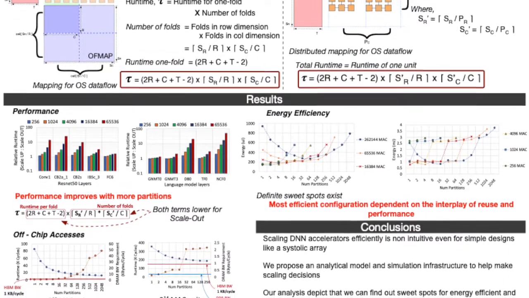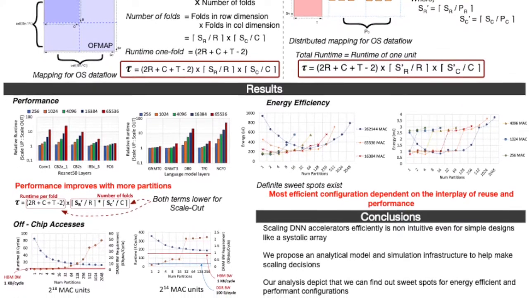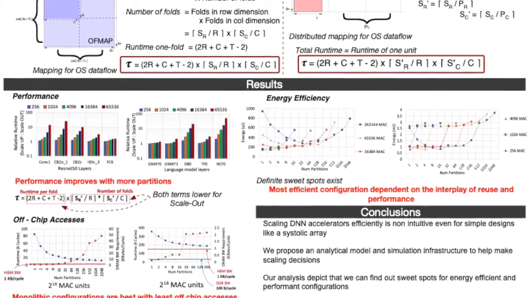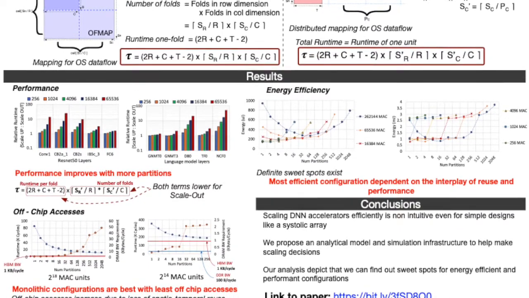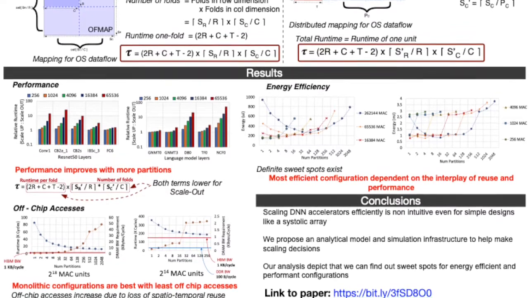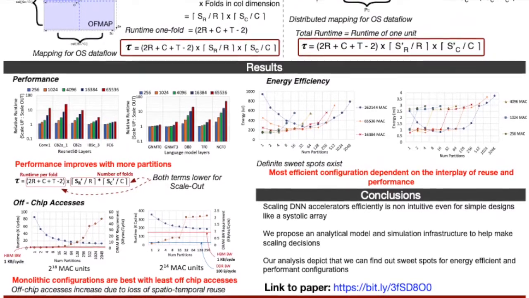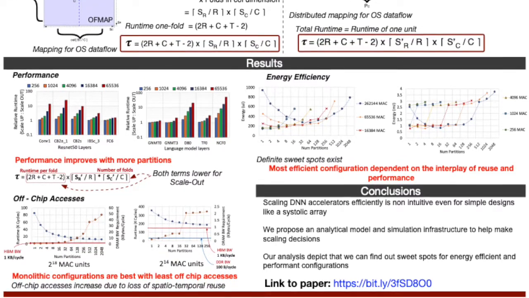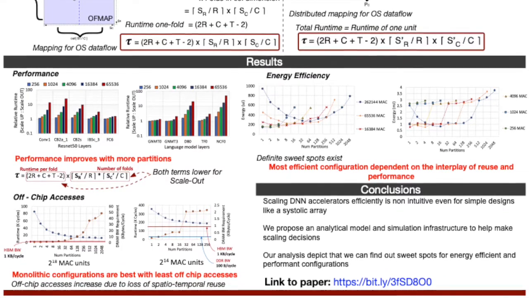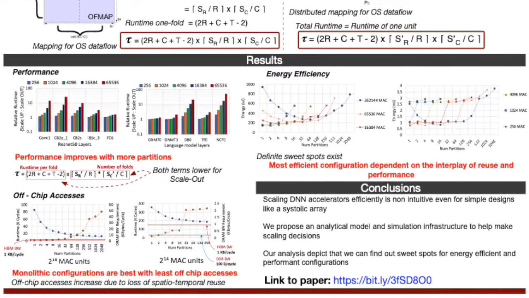As we can see in the performance section of the poster, the distributed configuration almost always fails. On the contrary, if we look at the off-chip bandwidth demand, we see that the monolithic system is a clear winner. Creating the most efficient system therefore boils down to balancing these two metrics. As shown by the energy efficiency charts on the poster, by using the analytical model and the simulation data, you can definitely find the sweet spot for various system configurations.